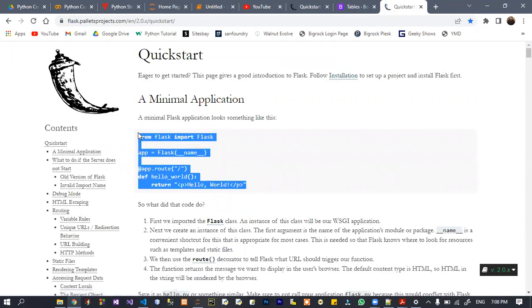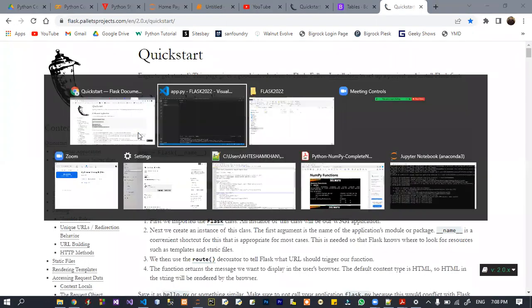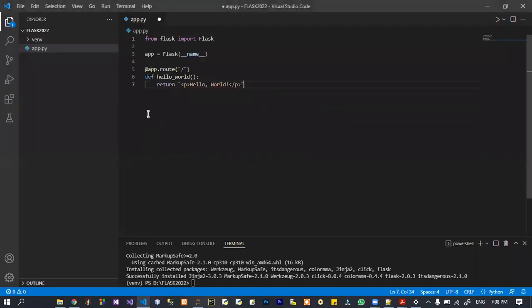So now I'm copying this code here and pasting it here. Now what is that? From flask import Flask, right? So this is a library from which we are importing the Flask submodule, right? So we say that the Flask name goes into the app variable, right? We are going to create a route, that is the method or the function which will be called first, right? So after writing this